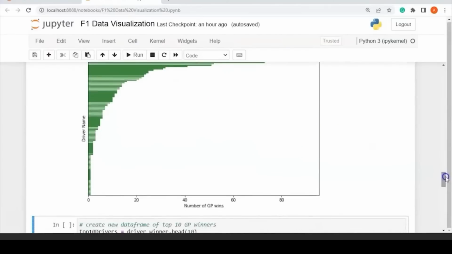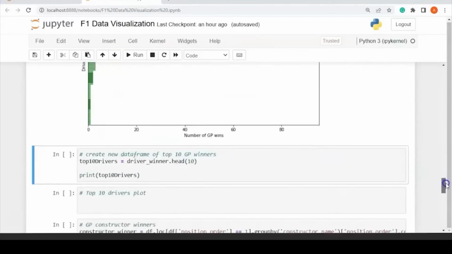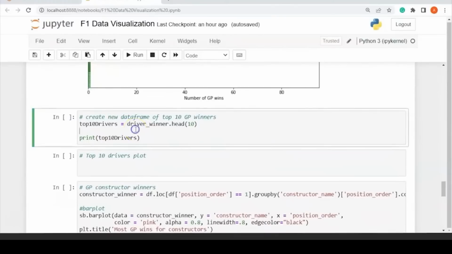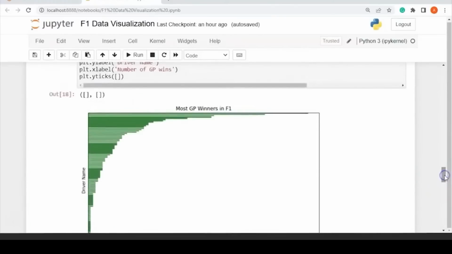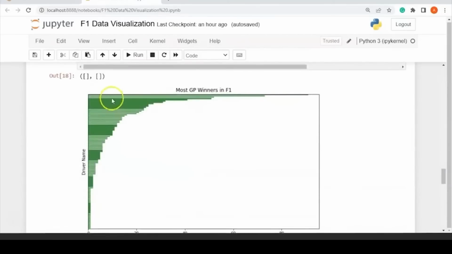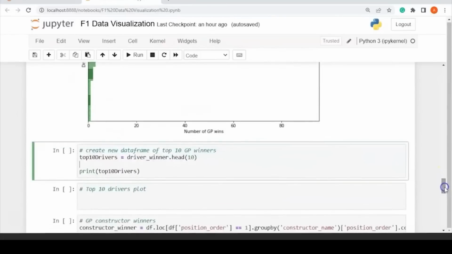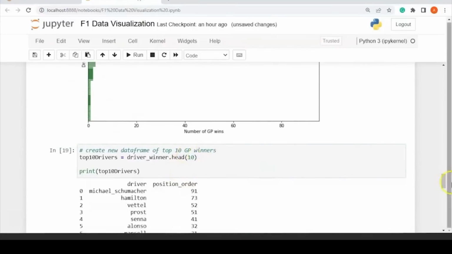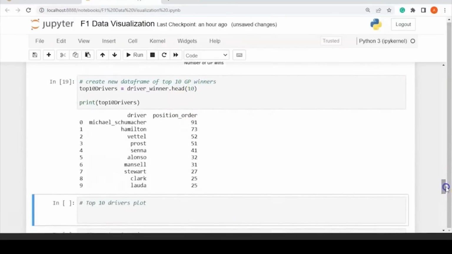So we are going to focus on those top 5 or top 10 drivers in the next section. So from the above result that we just got, I'm going to filter out only the top 10. I'm going to use the head function, and inside that I pass in 10. If I print it, you can see here, as per the data that we have